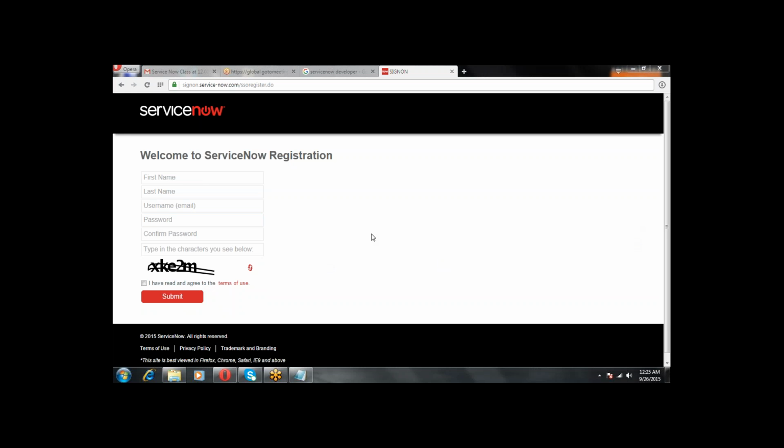Then agree to the terms and conditions and submit it. You will get an email at the email ID which you have given as username. So please give a valid email ID as username.